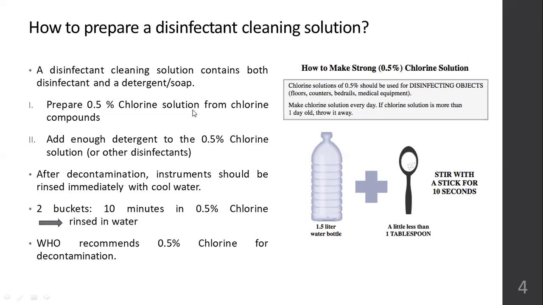Okay, add some detergent on it that can foam. Detergent means what? It can foam. It has surfactants. Okay, detergent has surfactants. So take one bucket of 0.5% chlorine solution, dip all the instruments in it, add enough detergent on it, or